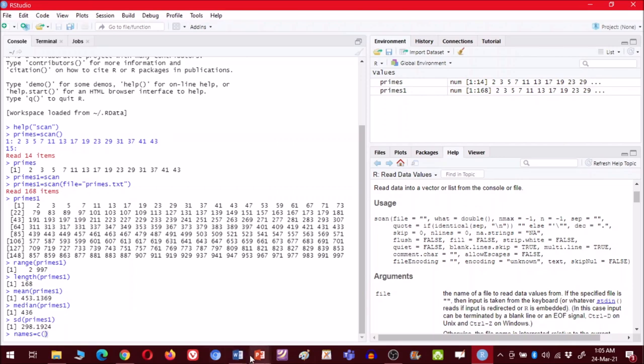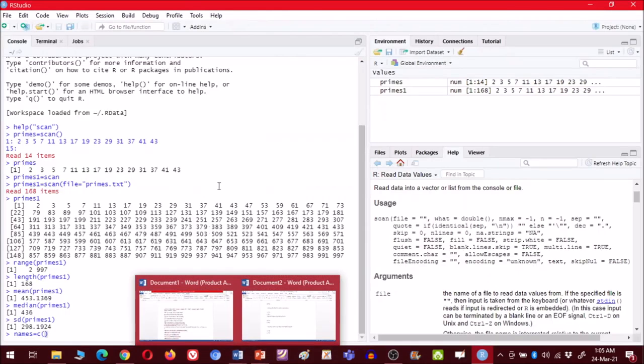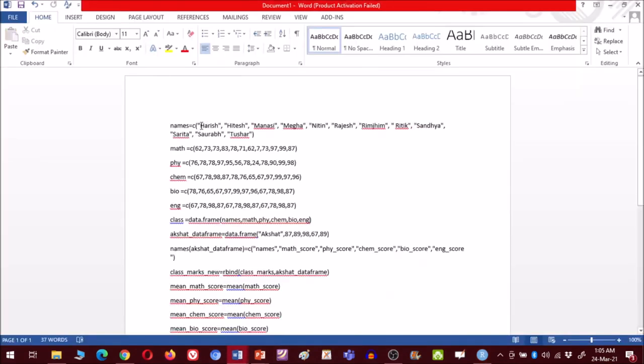I have already made a file of this, so I will just copy paste this. To reduce our time, I have already copy pasted this data here, so that we don't waste so much time writing these names.